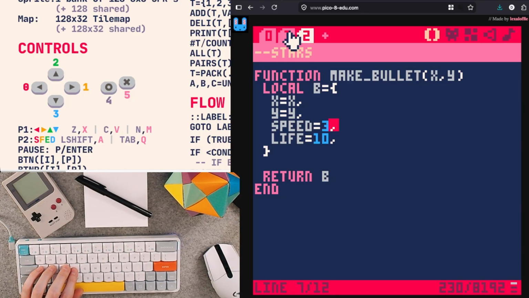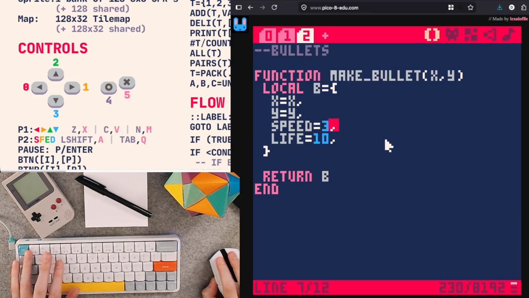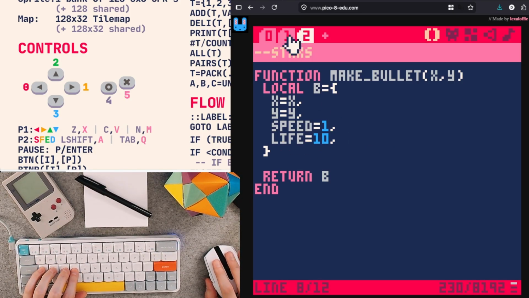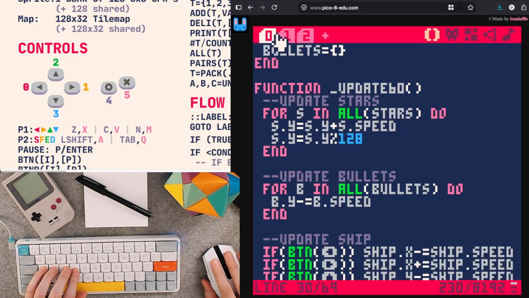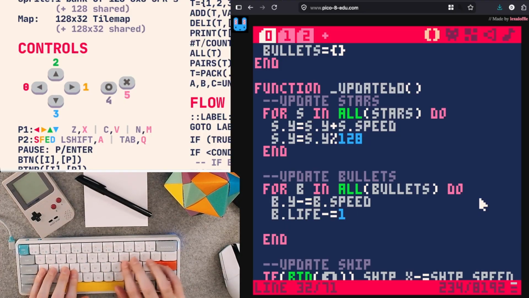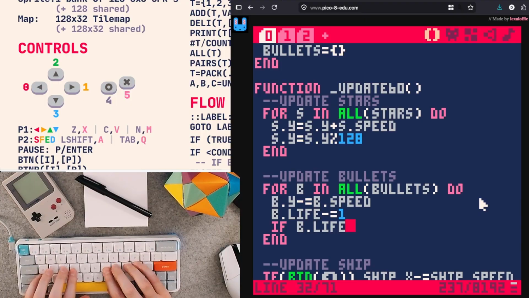Now there's a couple ways you could do this. Let's slow down the speed. We gave it a life, and I'll show you what we can do with the life. We can do b.life minus equals 1. And the life is kind of like a countdown. And then we can do if b.life is less than or equal to 0, then